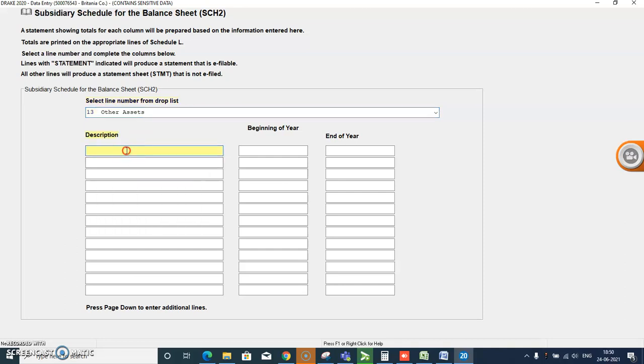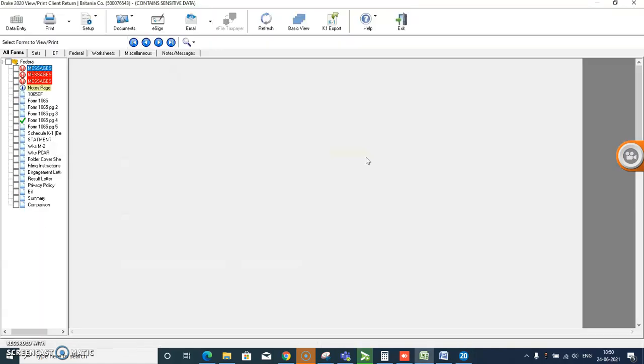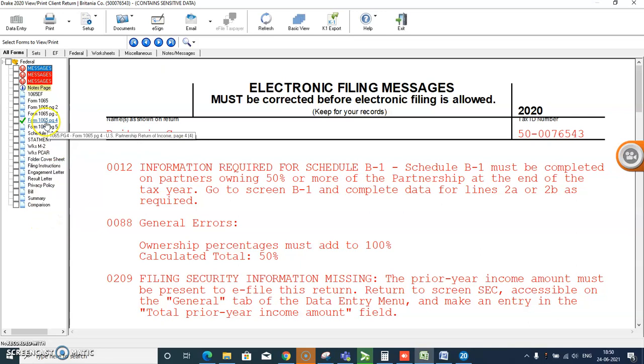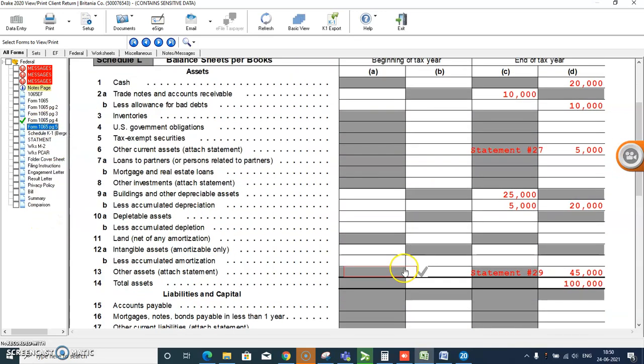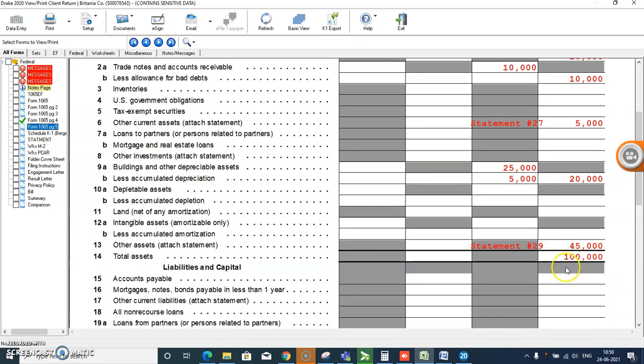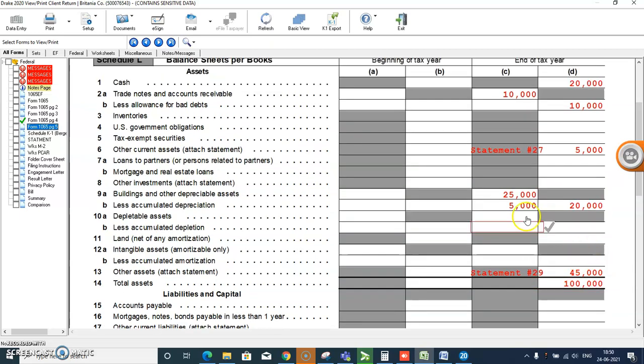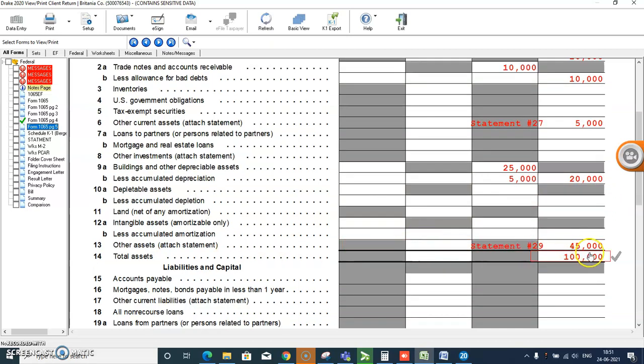This is a very simple thing, guys. The total asset portion will flow. Total asset comes to 1 lakh or $100,000. You can see cash 20,000, accounts receivable 10,000, other current assets 5,000, building and accumulated depreciation comes to 20,000, and other assets come to 45,000. The total asset is $100,000.